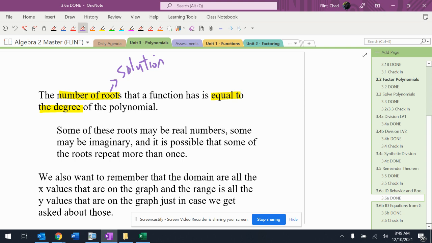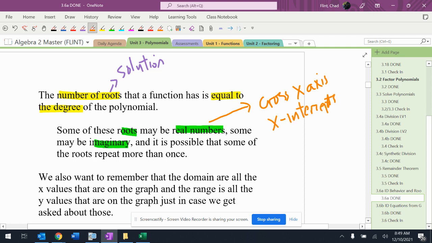Now, up to this point, we've really only had graphs that crossed the x-axis at the roots. And the issue is that that's not always going to be true. That's when they're real numbers. So some of the roots might be real numbers, but some might be imaginary. All right, some might also repeat, but the imaginary ones won't cross at the x-axis. So the real roots cross the x-axis. They're the x-intercepts,